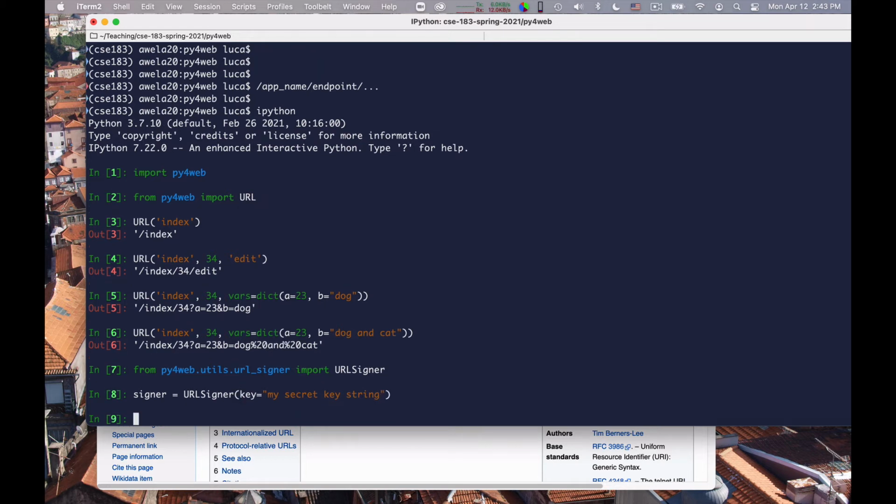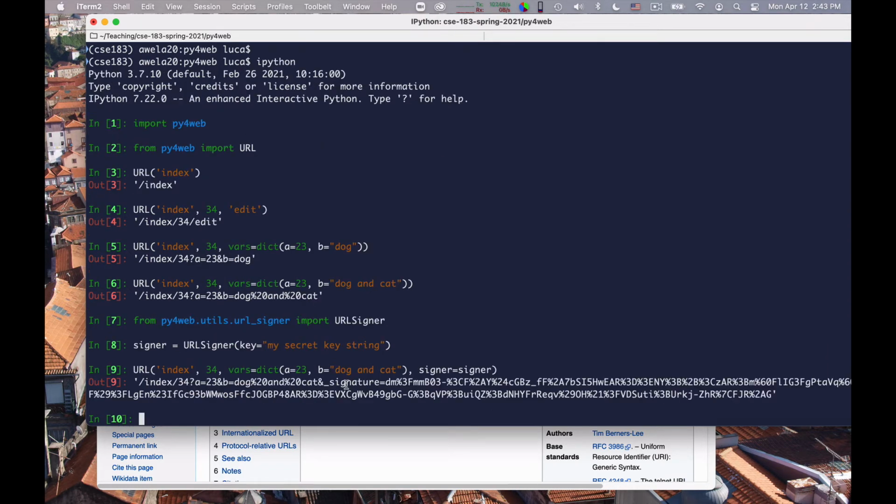Okay, and this will build a signer, and then I can take exactly the command before this one and specify signer equal to signer, and this will sign the URL. This means essentially that this portion of the URL, not any variables, but the path portion of the URL, not the query string, is signed according to the secret string, and the signature is this one.